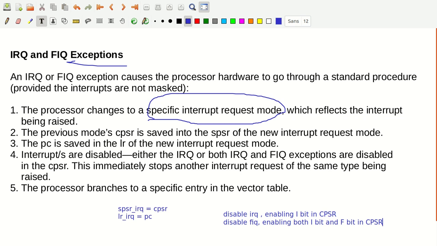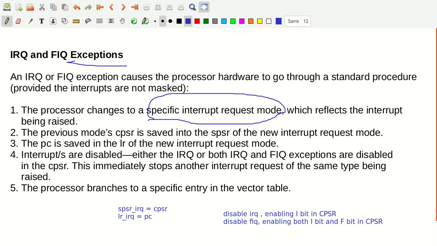We can't do multiple tasks at a time. Of course nesting will be there, but at a time only one priority request is getting service. When high priority is getting service, you don't have the option to service the low priority request. So you definitely finish that fast interrupt request, and you also don't enable another fast interrupt request. Only one, you finish it off. That's why the I bit and the F bit both are set, which means that IRQ and the FIQ request both are disabled. That's what you do here.